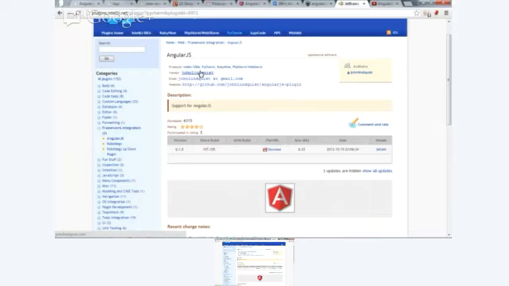I should also mention NetBeans, especially if you come from a Java background. The most recent release, I think 7.3, has amazing support for HTML web apps. It has Angular and just about every other web framework that you can think of built in and ready to go.